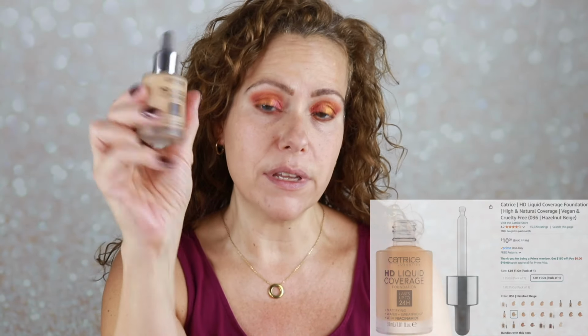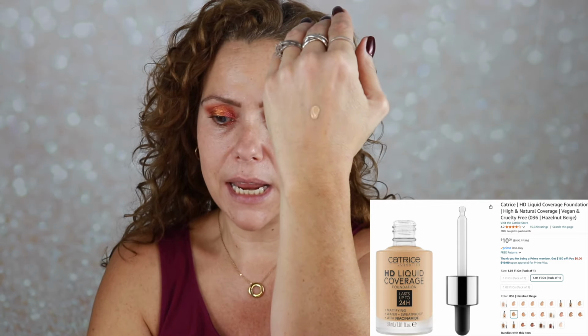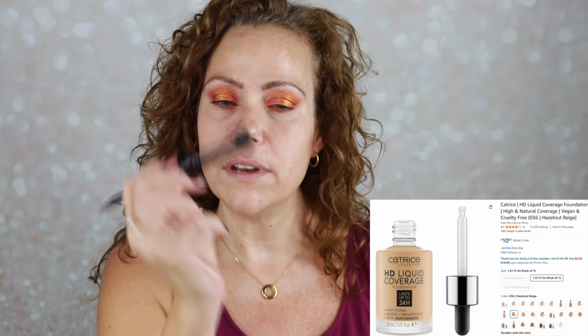I brought in a really light concealer and not a skin toned concealer, so I'm actually gonna pull this Catrice back out because it is so thin. I think I can use it to spot cover up. So I've just put a tiny bit on my hand. I'll take this e.l.f. Flawless Concealer brush and just sort of fluff it on the brush there